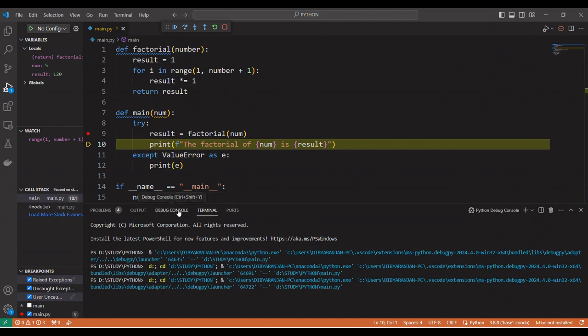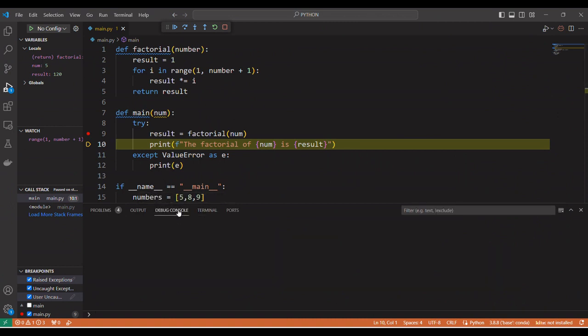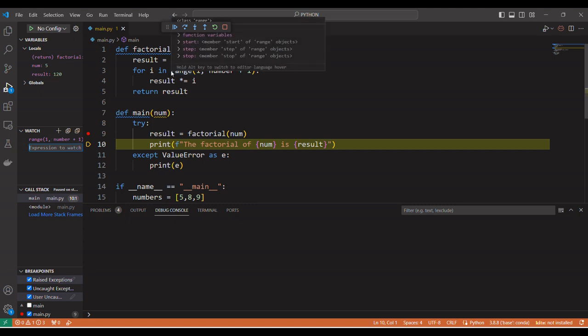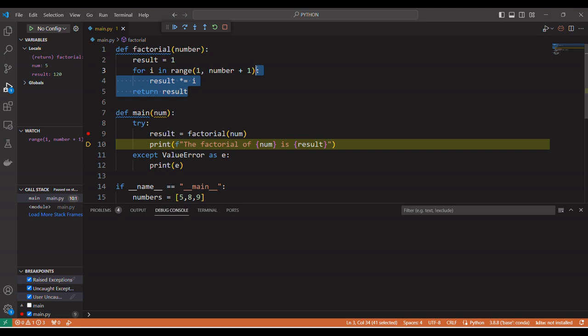Mostly you will be using this terminal and this debugging console. In case you want to understand something, here you see there is a watch option. Here you can write any kind of expression, just like I added my expression here previously. If I want to see what my range is showing, you can add this expression to this watch list. It will show whatever is happening in that expression whenever this particular line comes,